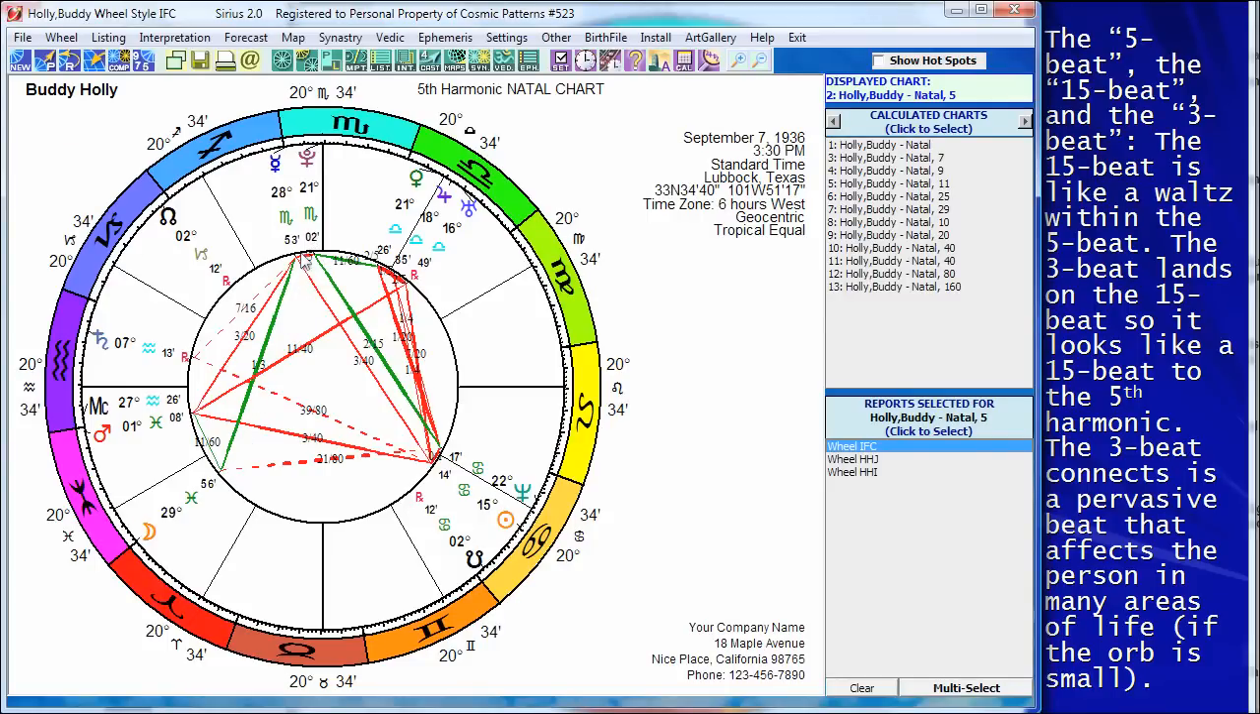The nice thing is you don't have to memorize this, you don't have to do any arithmetic, you don't have to worry about it, just trust your harmonic chart, it's done it for you. So it's already found out that this moon trine Mercury in the natal chart still looks like a trine to the 5th harmonic. So again, you don't have to work out the numbers, you don't have to worry about it,